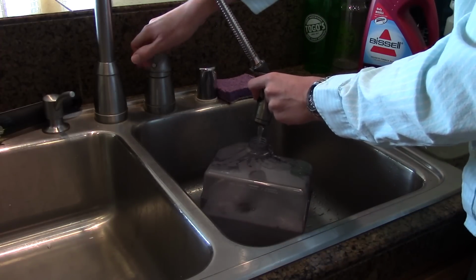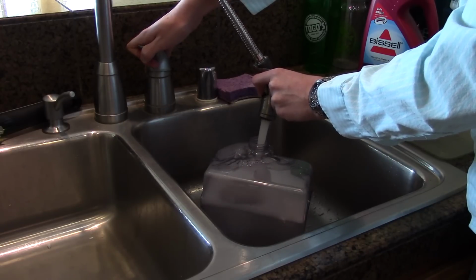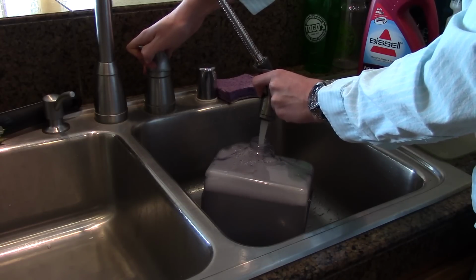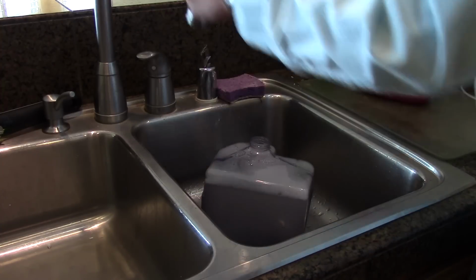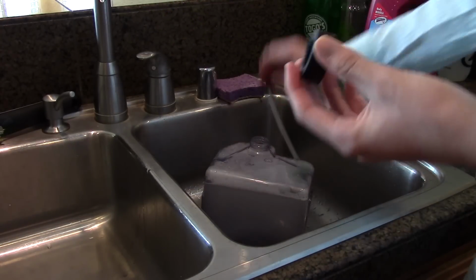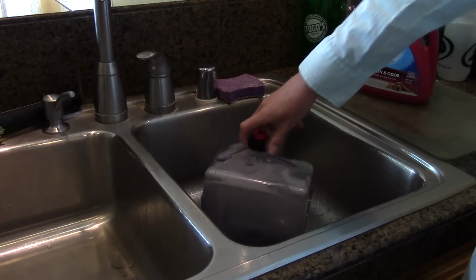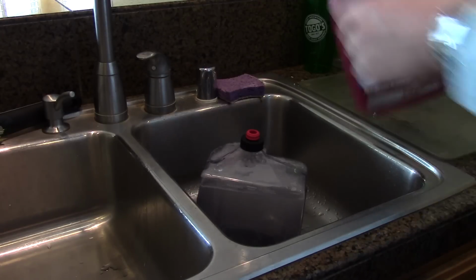As you can see, it's nice hot water because it's steaming inside. And there's a fill line right on the tank. And once we reach that fill line, we are done. There we are. Now you just take your top, and the top comes in two pieces, as you may have seen. So you put the top in and twist to lock it down. Alright, now just put that back in your machine and I'll see you out on the carpet